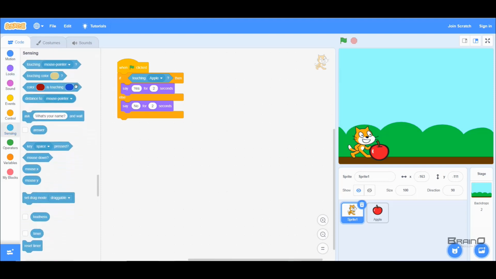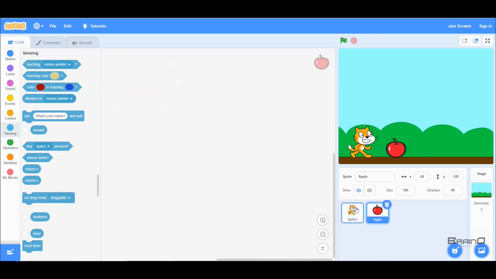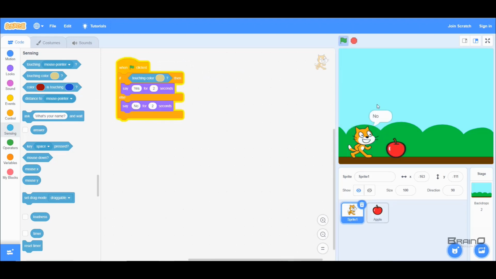Now let's look at our next code block, which is touching color. Now this code block basically tells us whether our sprite is touching this color or not. And to demonstrate it, I'll just delete my previous code and bring this touching color, and if I run this code block, you'll see that it prints no because this color is actually not even on our screen. So let's say if I want to print yes, what I can do is I can click this